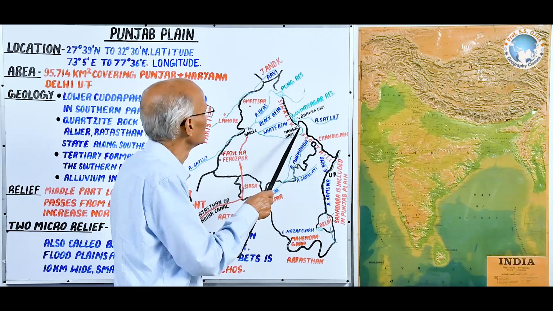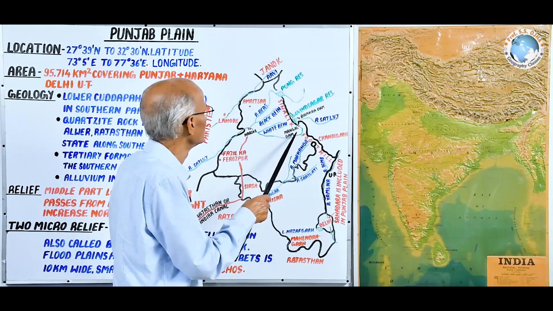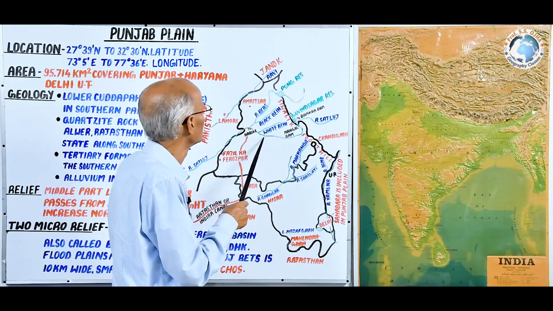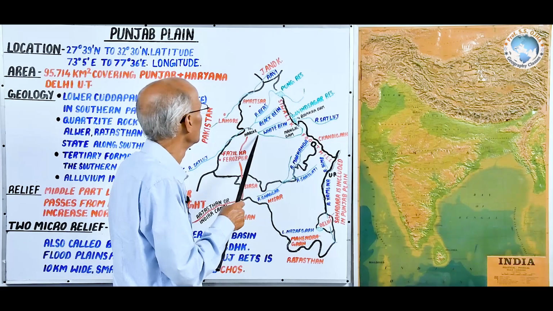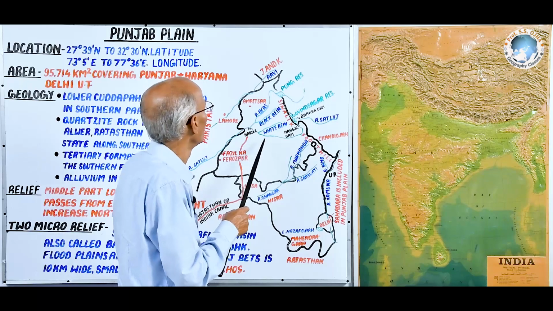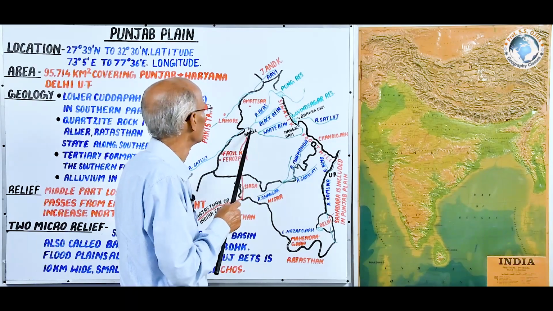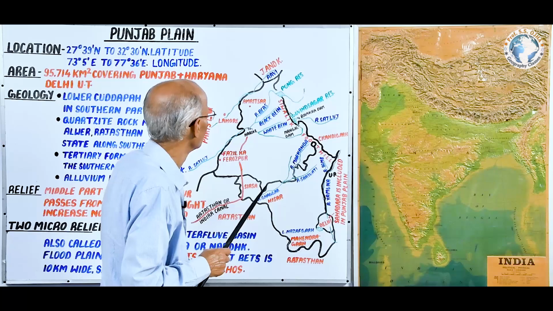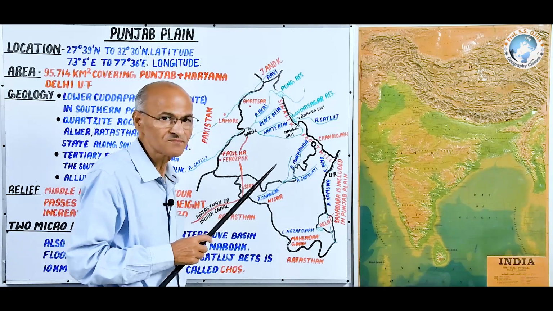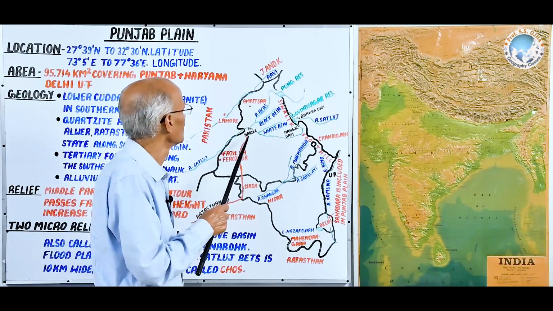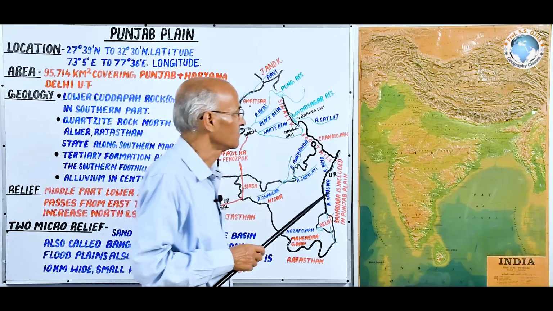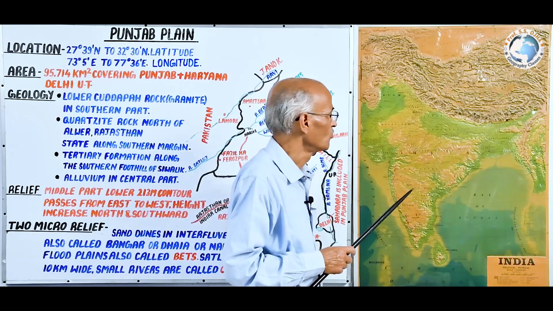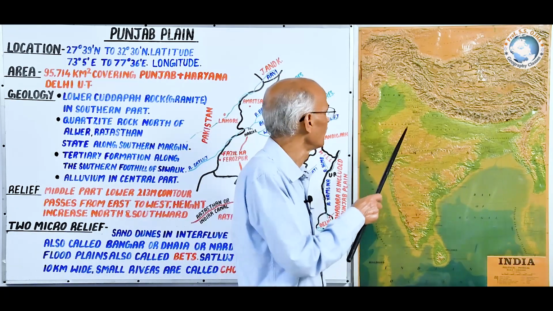And from Nangal, this river moves westward. Its right hand tributary is White Bean, and both this Satluj river and this Beas river meet together near Harike. At Harike, to control flood water, a barrage has been formed. It is very important to remember that there are two vast barrages. Number one, Harike